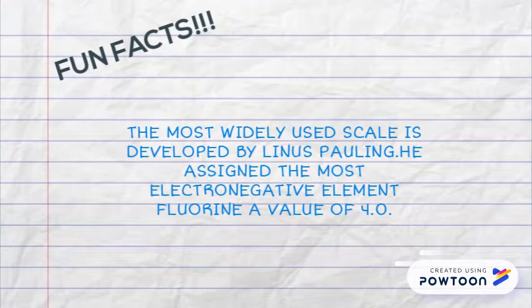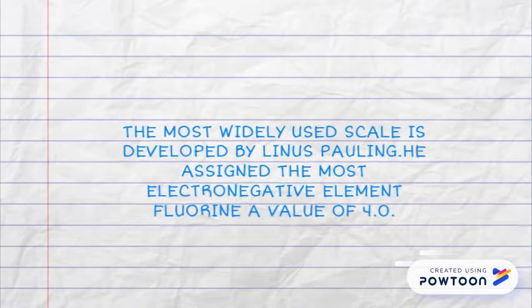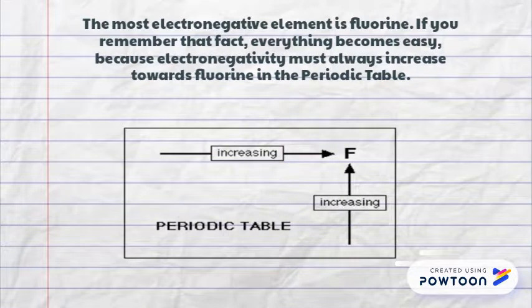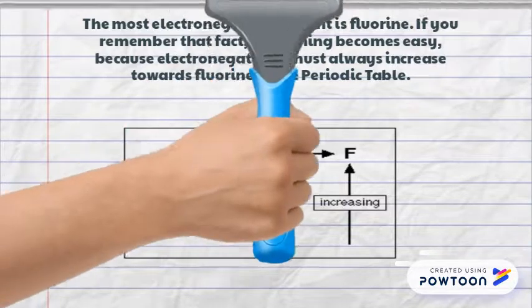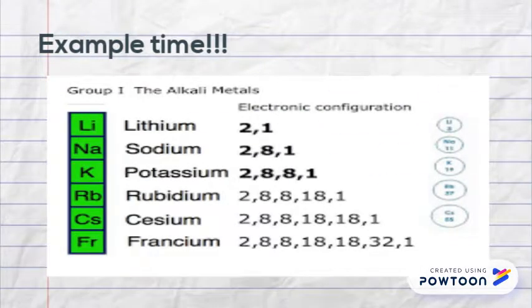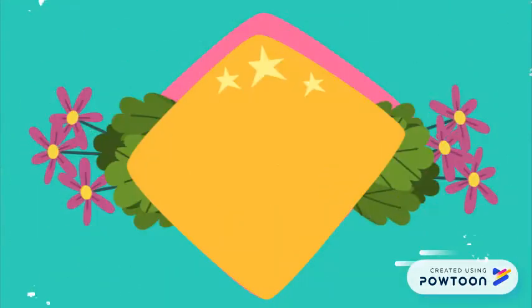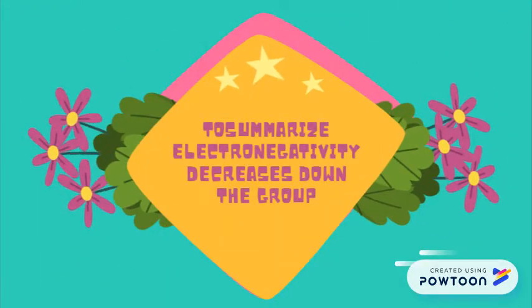The most widely used scale was developed by Linus Pauling. He assigned the most electronegative element, fluorine, a value of 4.0. If you remember that fact, everything becomes easy because electronegativity must always increase towards fluorine in the periodic table. To enlighten you with an example, lithium up to francium are alkali metals in which their electronegativity decreases down the group. To summarize, the electronegativity of elements